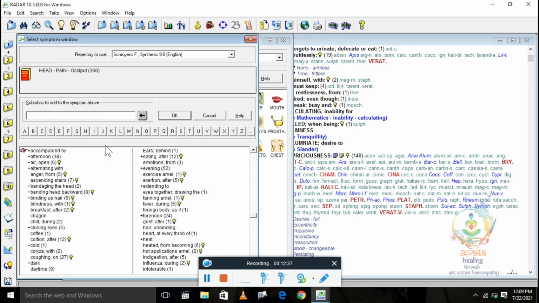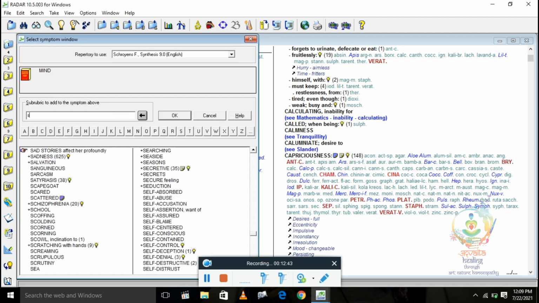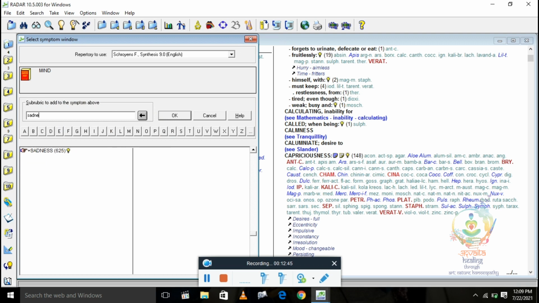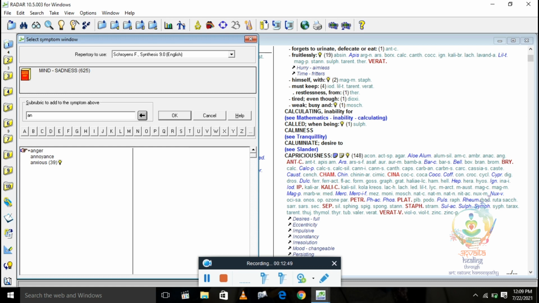See which rubric will appear or be recorded. It is like this: I have gone into the sadness rubric and then anxious. Okay, so here you are clicking on it. Now the rubric appears and you record it with clipboard 1.